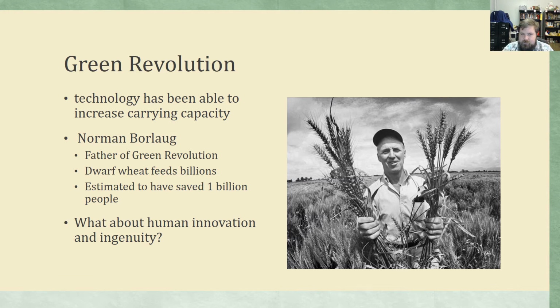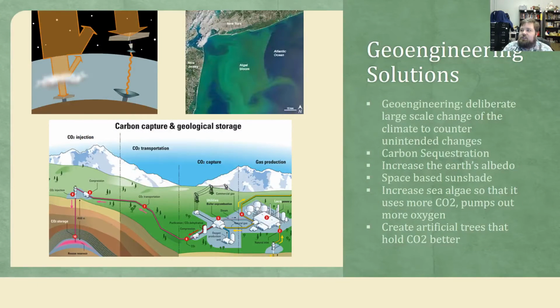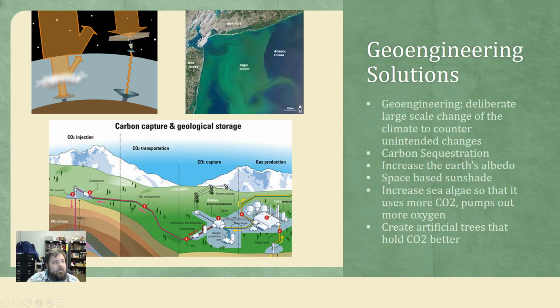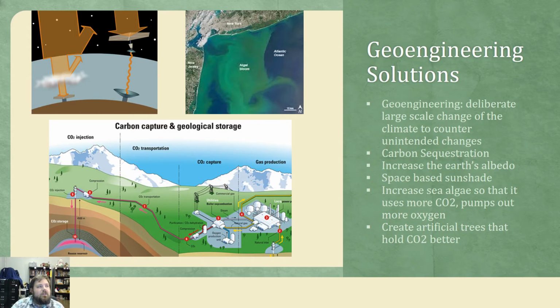But one of the things that's come up recently is that maybe sustainability isn't enough. Maybe we've already crossed this Rubicon and we're going to have to fix the environment, much less prevent it just from getting worse. So this is where human ingenuity is going to come back in. And this is a new set of solutions that matter here, right? So what we're talking about here is something called geoengineering or geohacking or terraforming.